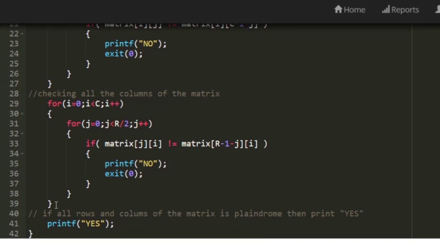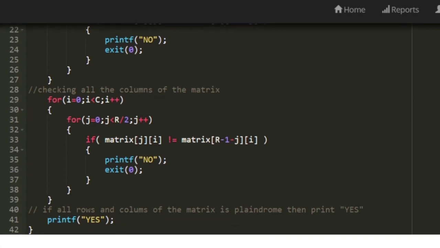So here again we are going to use a nested for loop, and this nested for loop is just the vice versa of the previous nested for loop.